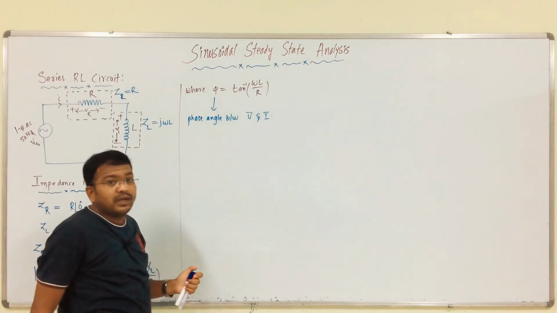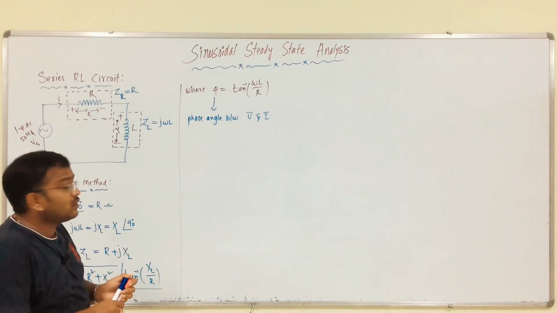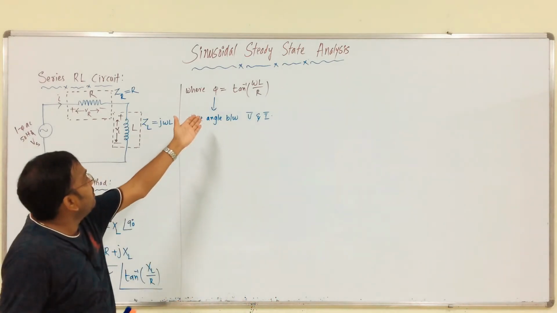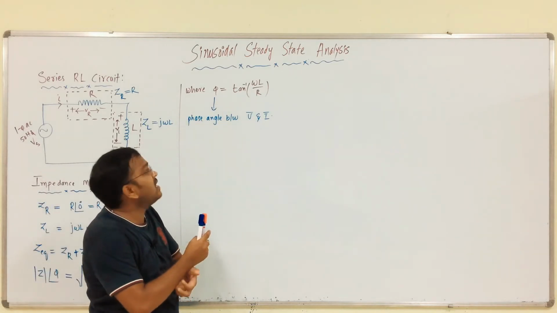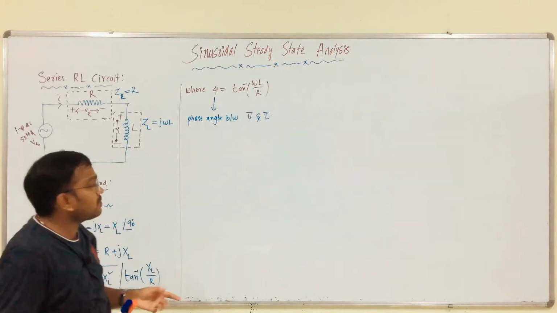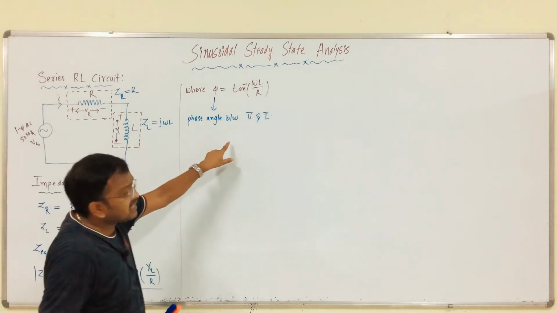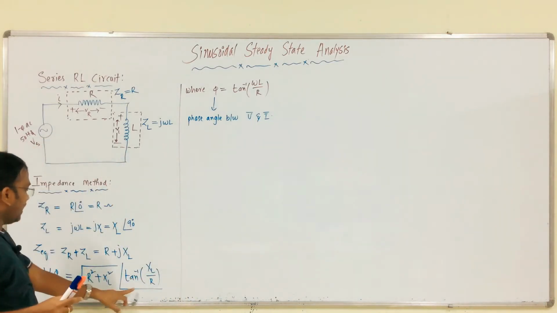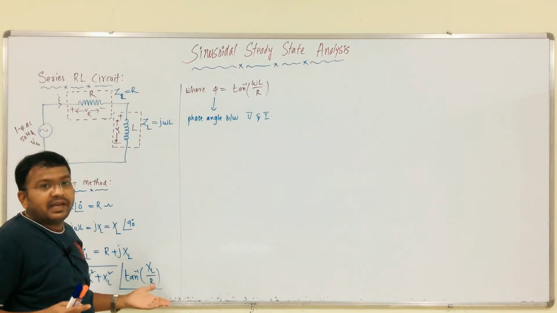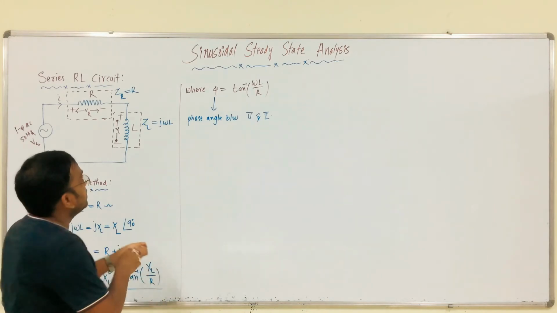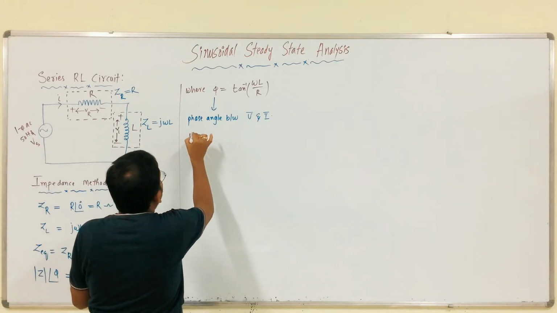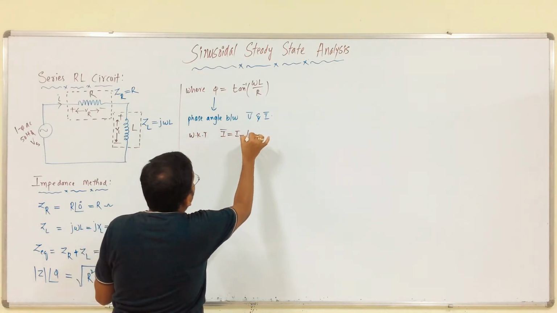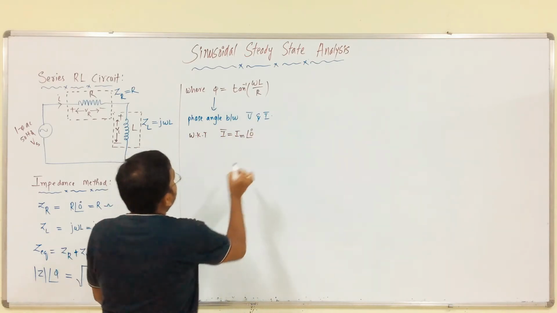What is the note point? In a series circuit, current is taken as reference. In order to know the performance of the circuit, we have to calculate the impedance. So, we are getting the angle between voltage and current, tan inverse omega L by R. In series circuits, current is taken as reference, I m at an angle 0. We all know the impedance is at an angle tan inverse XL by R. Then we need to calculate the voltage. Before that, we know I m at an angle 0 is taken as reference, right?